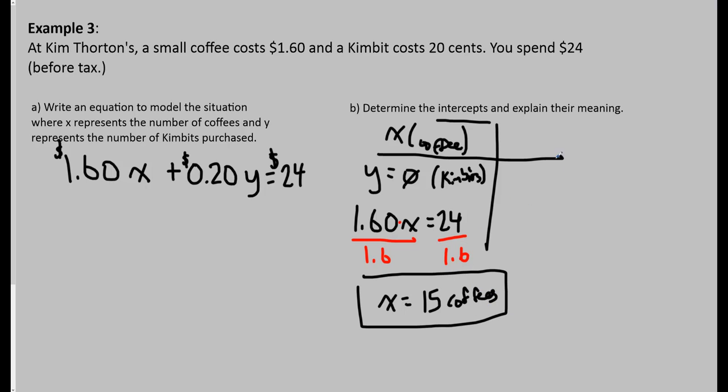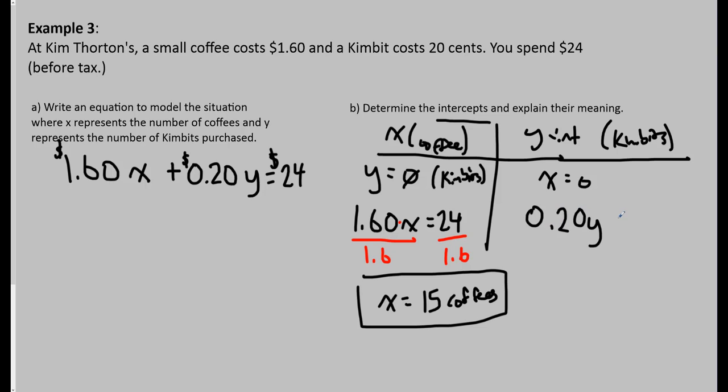So that's my x-intercept. And my y-intercept, which is Kimbits. Sorry, my writing's super messy, but you get the idea. That means my x value has to be 0. So this one goes away because anything times 0 is nothing. So I can just rewrite it as 0.2. You can write the 0 if you want. You don't have to. 0.20y is equal to 24. And you're doing the same idea. It's multiplying by y, so the opposite is dividing. So divide by 0.2 on both sides. And y would be equal to 120